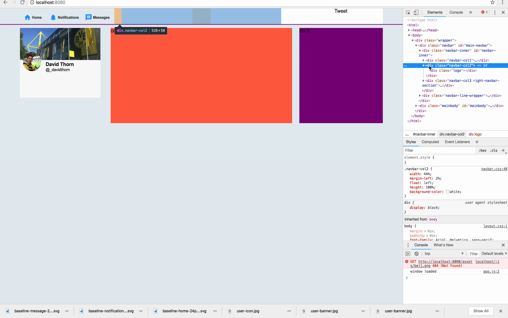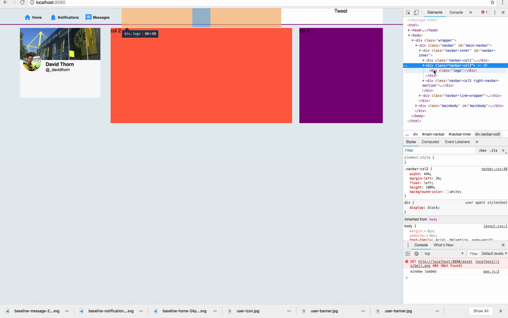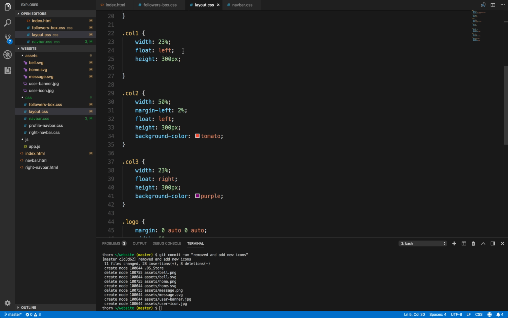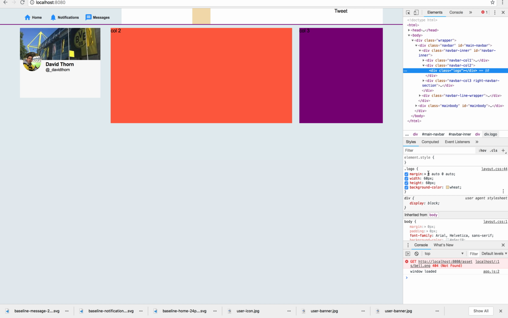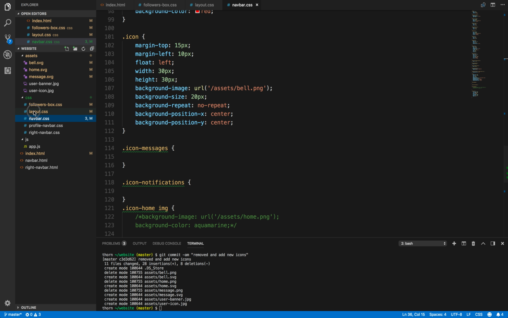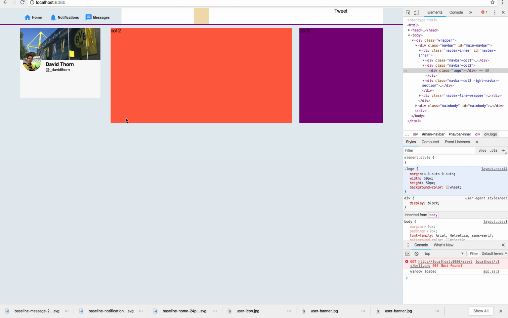Maybe it's that keeping it. Okay, it's logo 60. Where was that? Where was that layout.css? So when we change this to 50. That's 50, and I'm guessing